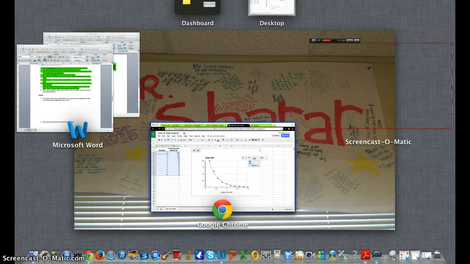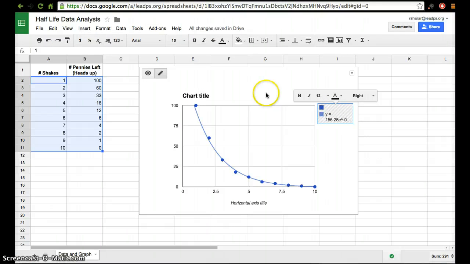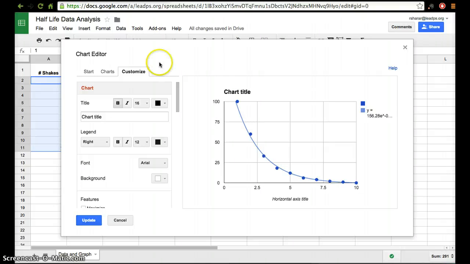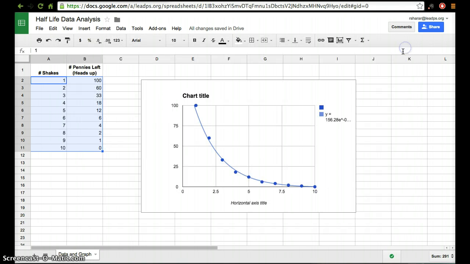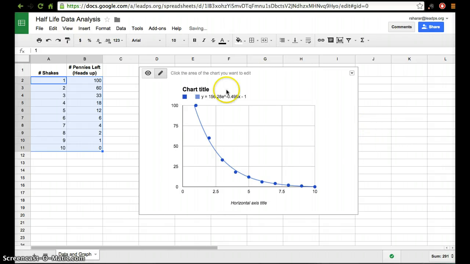Okay, that's pretty cool, but I can't see the entire equation. So one thing I'm going to do is move that box up to the top right, and the best way to do that is to go back to our advanced edit option. Excuse me, what I meant to say was from our curve, we're going to click on this equation, and over here where it says right, that tells us the position where it's located. In order to see the whole equation, I'm going to move this to top,